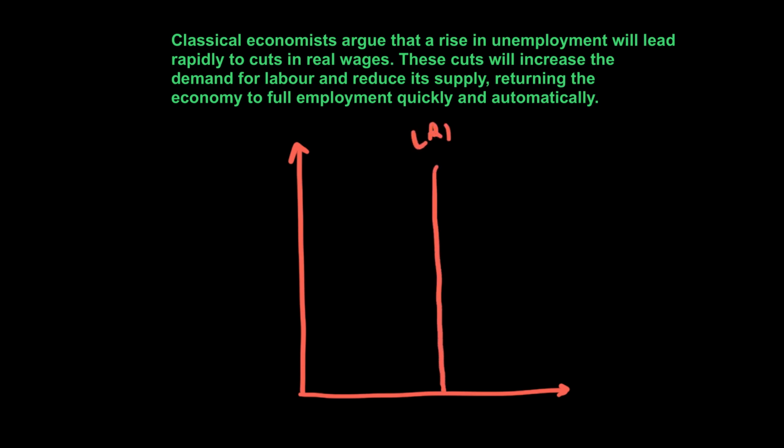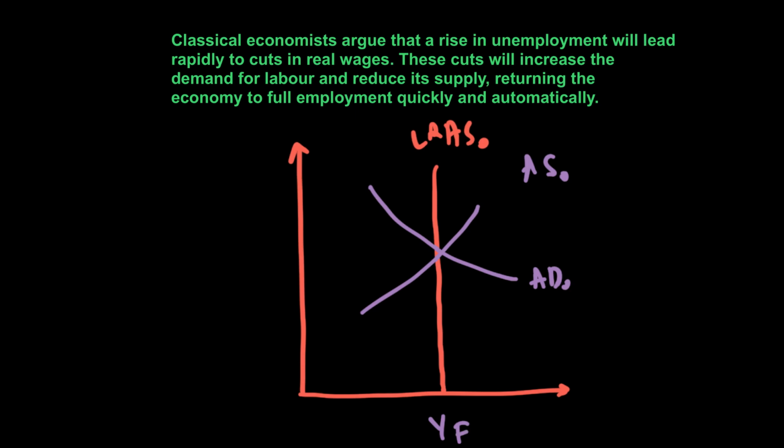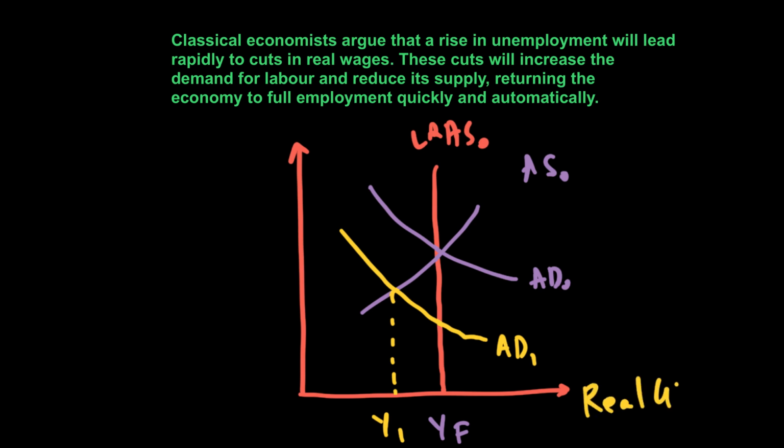So if this is my LRAS, and let's say we are currently at AD naught and AS naught, we are at an equilibrium at YF, and what if the AD goes down? Let's say because of a lack of demand, AD falls in the economy. Now, this would mean we will temporarily come to Y1. Now, that means basically when the GDP is falling below the full employment, below YF, there is unemployment equal to